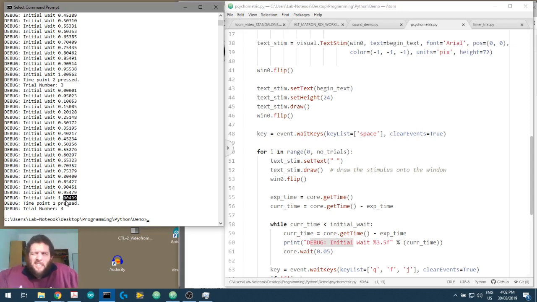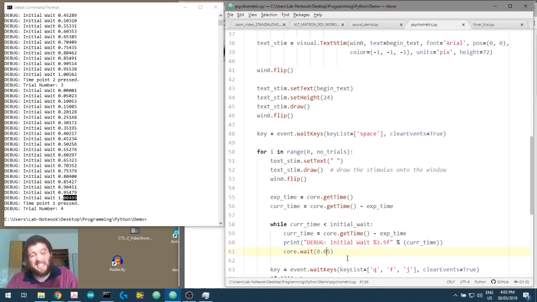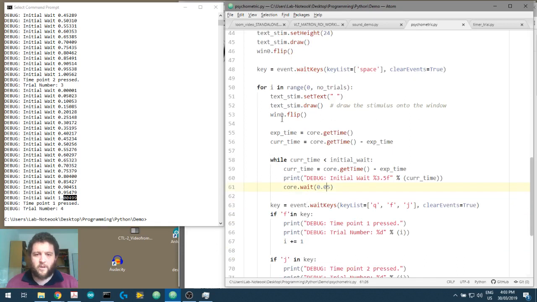If you want more exquisite timing, you may need to do a different approach to your timing, or you might just want to have your core.wait at a lower interval, but then you start to tax and bog down your CPU cycles and stuff like that. So it's a bit of an interplay. I'm happy with 5 milliseconds. We're not after the timing. Remember, our research question was, whereabouts is the auditory threshold using a psychophysics approach? So we've got our current